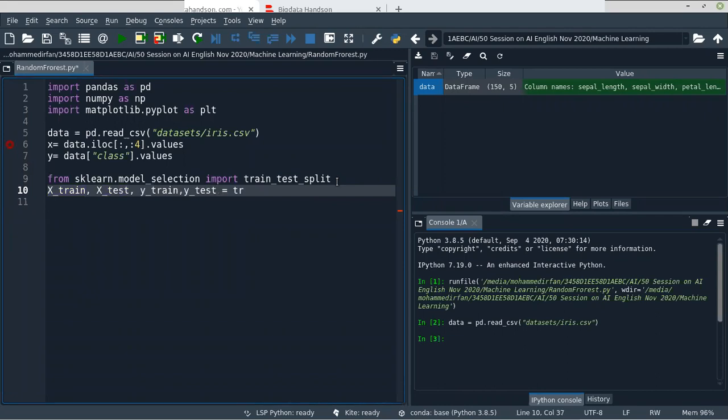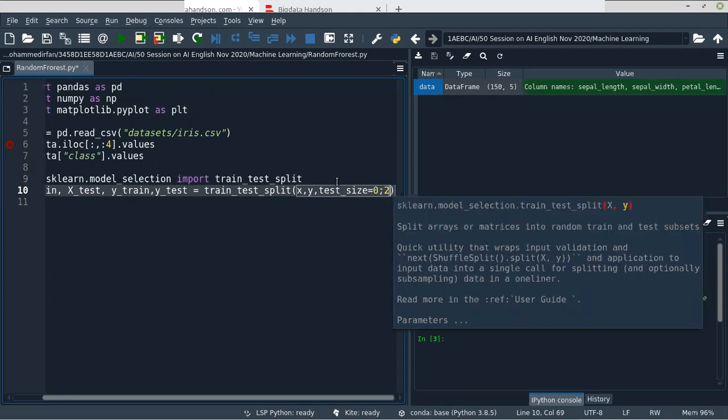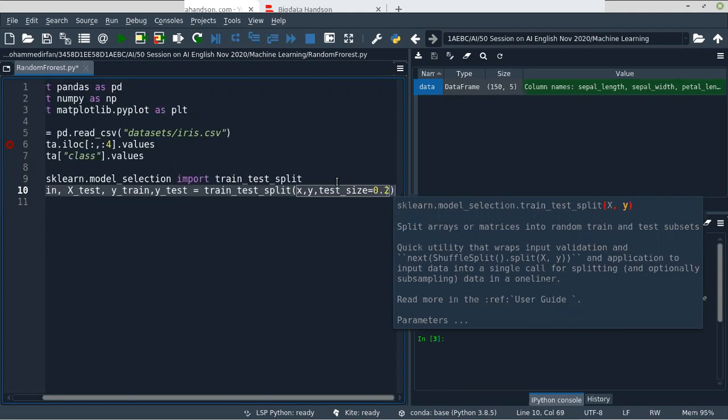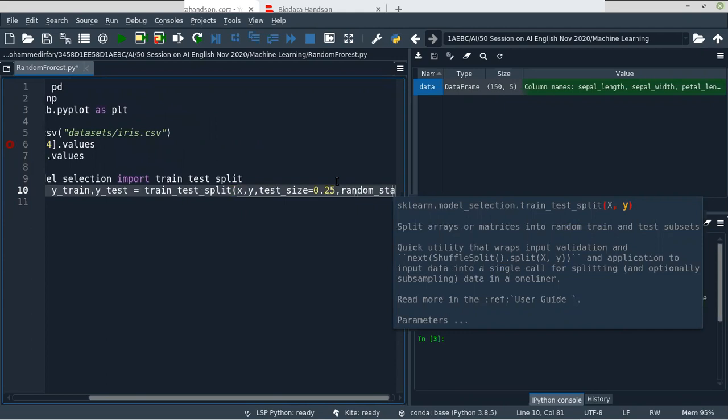Then we'll call the function with x comma y, and we'll give the test size as 0.25, and the random state set to 10.